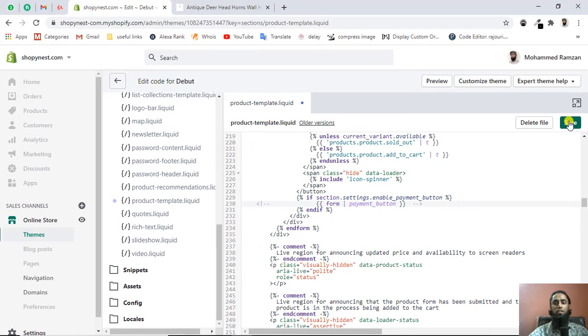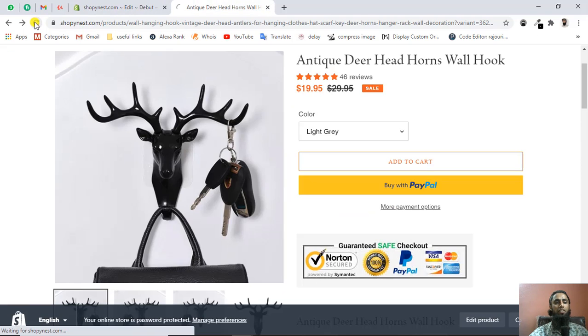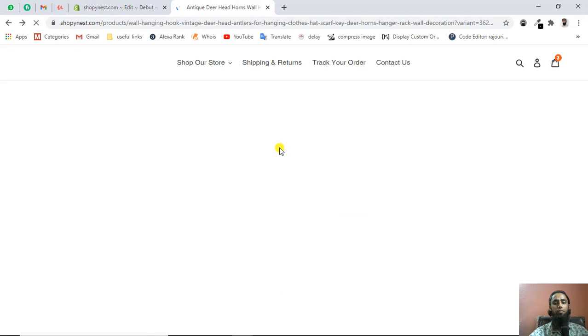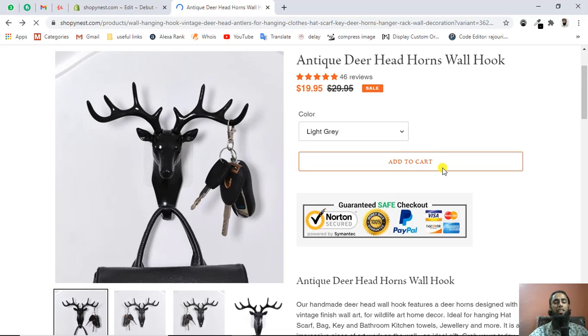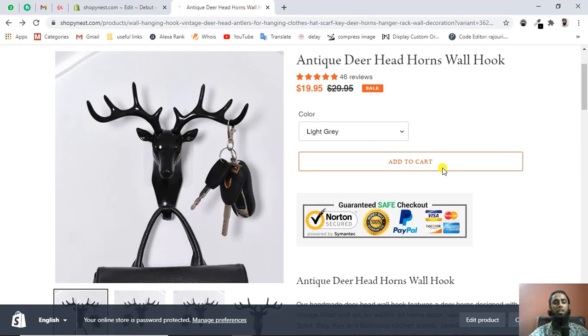All right, so click on save, and the file changes would be saved. Let's refresh this page once again, and you can see that the specific PayPal button is removed completely. But we have one disadvantage of this specific way.